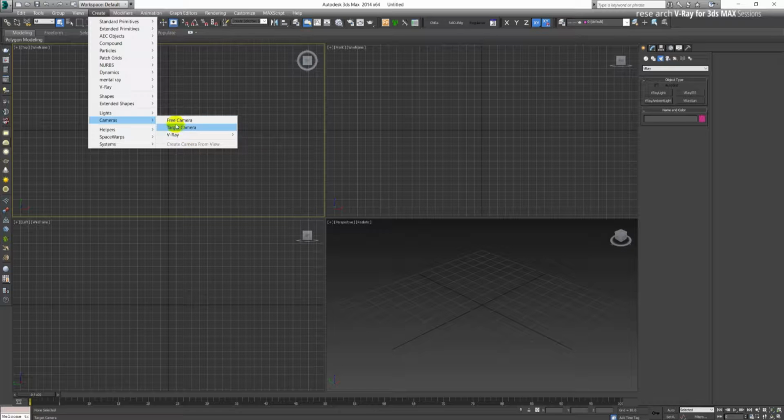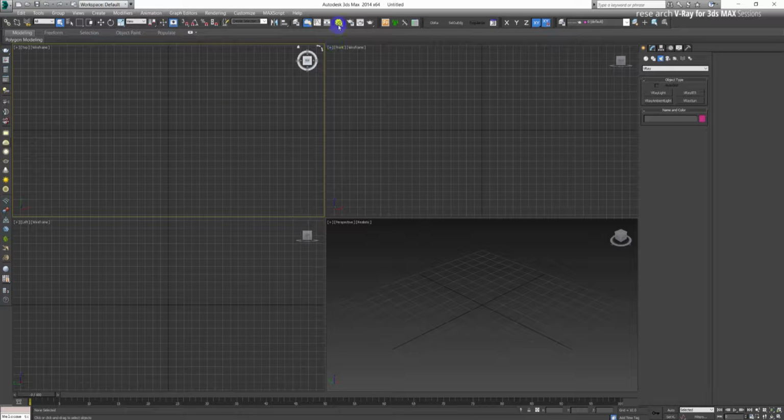We have default cameras offered by 3ds Max, and we have our V-Ray cameras. This is a little bit different when you have 3ds Max 2016, because there is the V-Ray camera set by default. So it's a little bit different, but please have in mind that I'm using 2014 because of all the updates that are done and actually updated to this version,